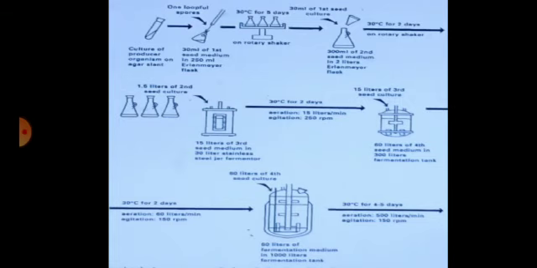This is the scale up step number 3, you are doing the scale up from 60 liters. This is called fourth seed medium. 15 liters is called third seed medium, and 60 liters is called fourth seed medium. See, from the third seed medium, from 15 liters you are inoculating it into 60 liters, fourth seed medium. Again you are incubating it for 2 days at 30 degrees Celsius. Again the RPMs, you can see the RPM changes, and oxygen level also changes. 60 liters per minute, more oxygen you have to supply.